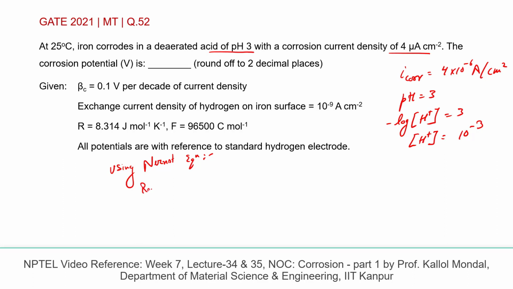So the reduction reaction will be 2H plus plus 2 electrons coming from the iron will liberate hydrogen gas. Okay. So applying the Nernst equation on the reduction reaction, the reduction potential E will be nothing but the standard reduction potential of hydrogen minus RT over nF ln of 1 over